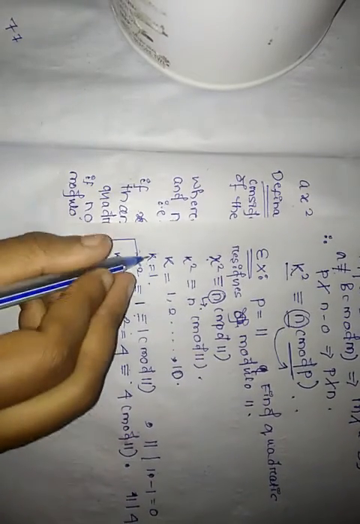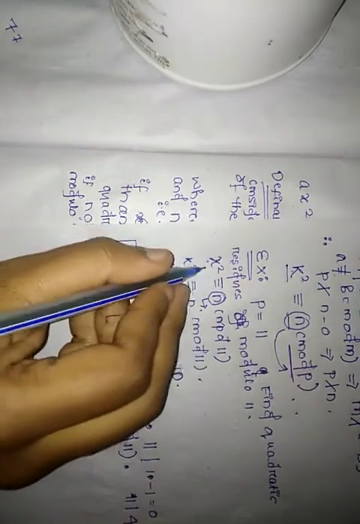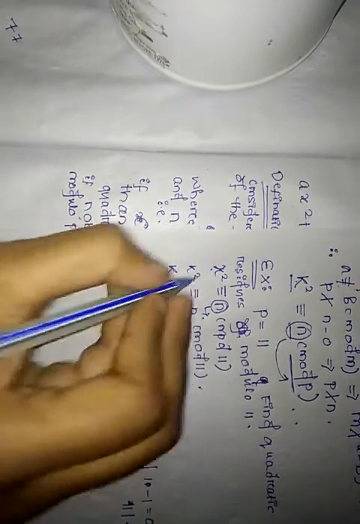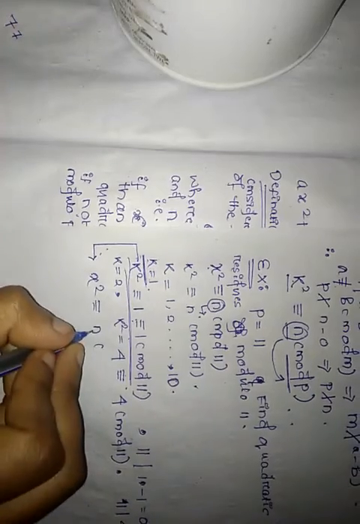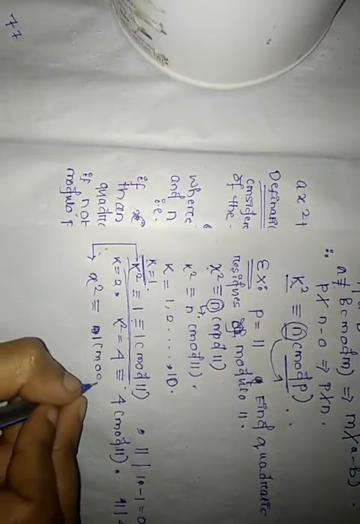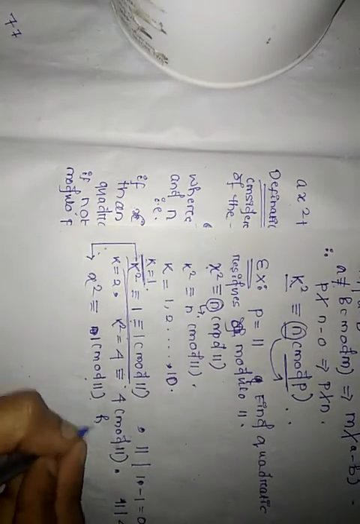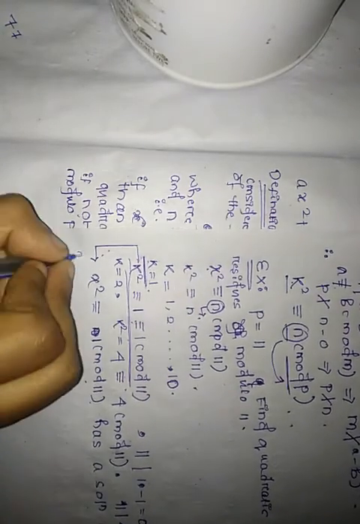So when we take k equal to 1, we have this condition satisfied. That means x squared is congruent to 1 mod 11